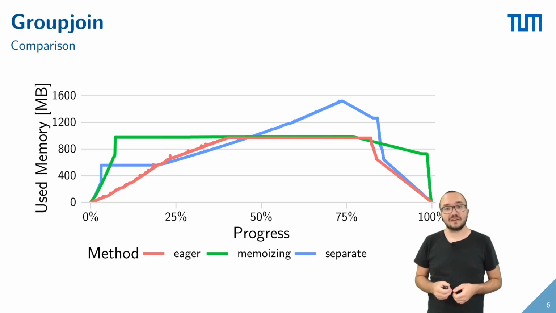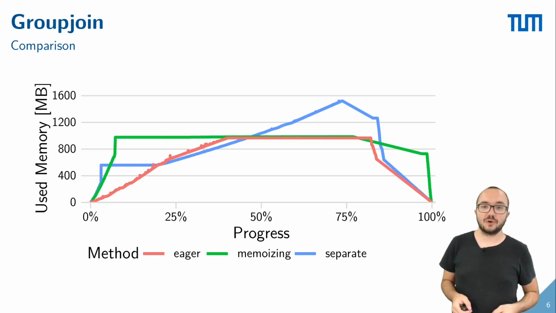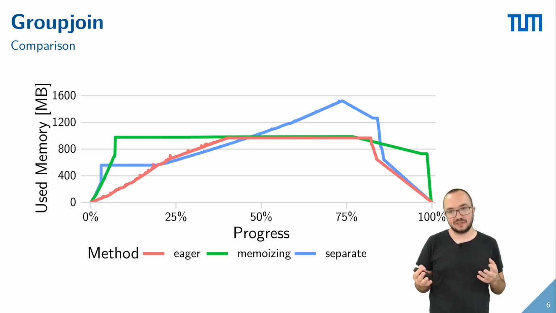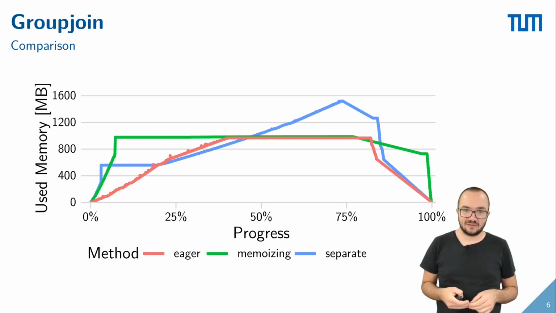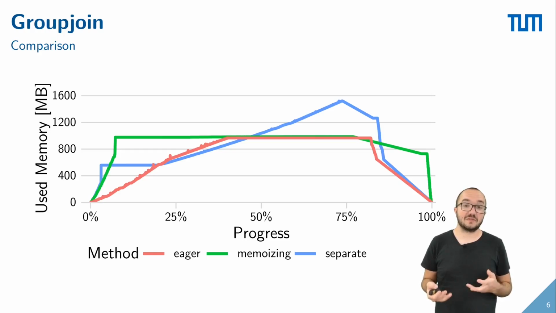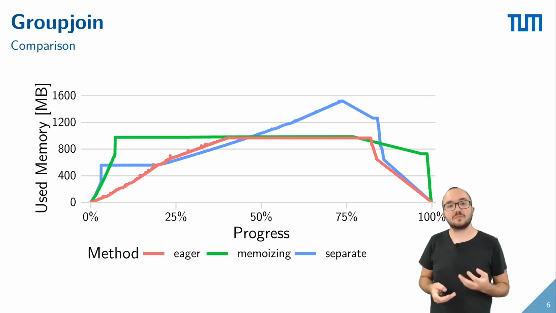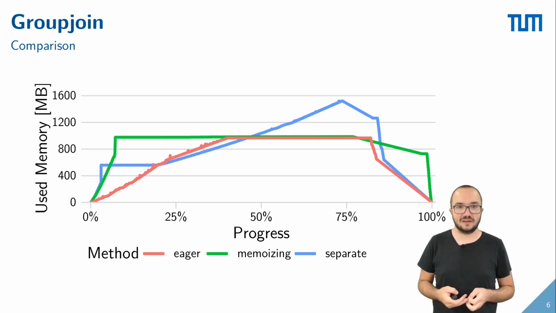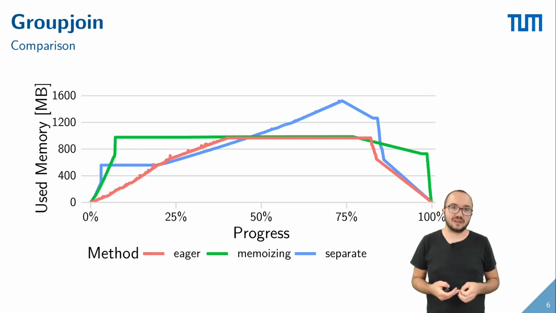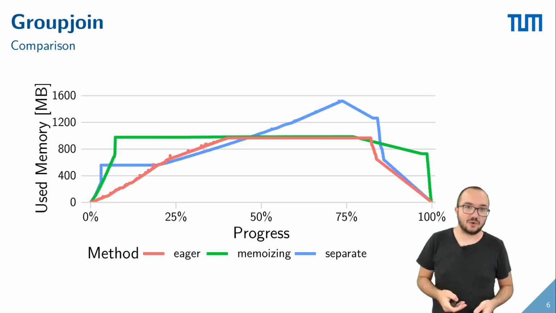Eagerly aggregating, on the other hand, is here the most efficient approach, because in this setup, each tuple from left and right hand side finds a join partner, so eager aggregation can pipeline through and be a lot more efficient without the need to defer or doing unnecessary work. But this is certainly not the case